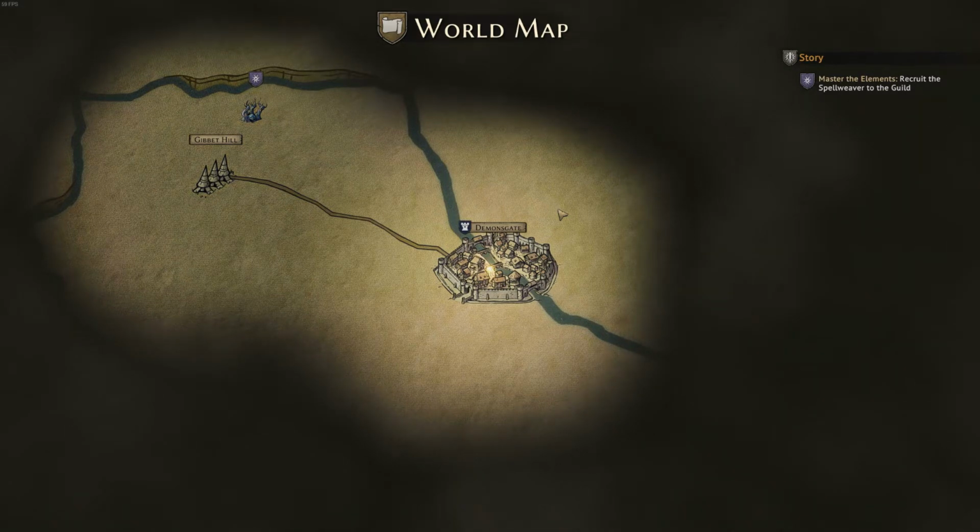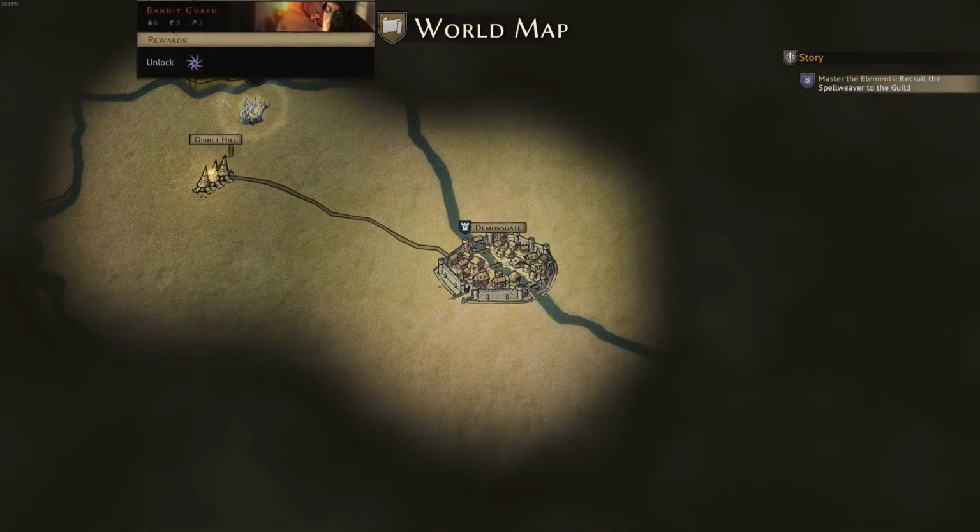Now we're going to be recruiting the Spellweaver into the guild next. So that's what we're going to show off: how the game looks, how the game works, how it feels, while also unlocking the Spellweaver. And right now we're in Gibbet Hill, which is where I unlocked the Scoundrel. And we're going to head up next to